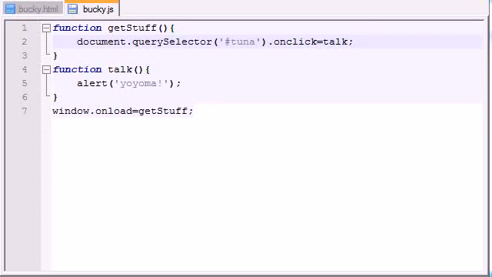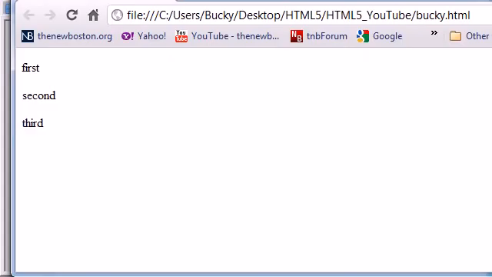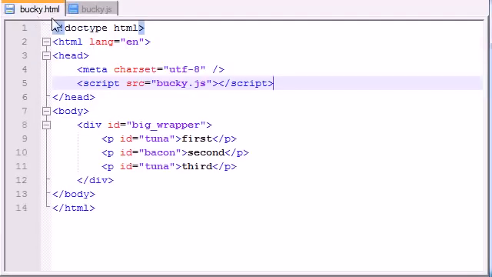Welcome to your 26th HTML5 tutorial, and in this lesson I want to talk to you guys about a new type of query selector method, and that's querySelectorAll. However, before I continue, I want to make sure that you guys understand why this query selector method works, because